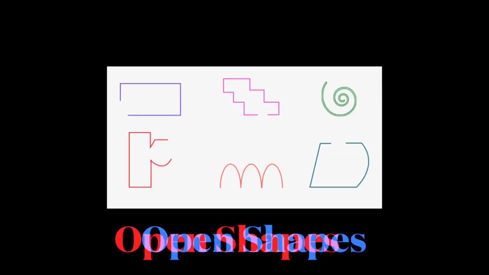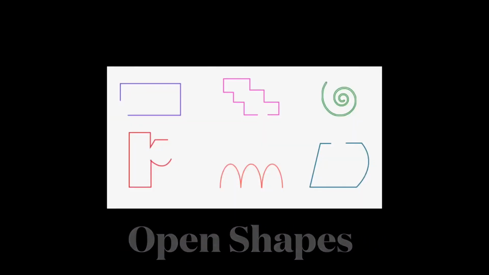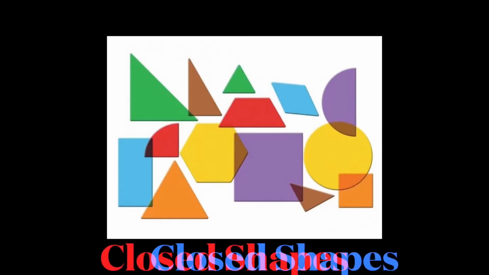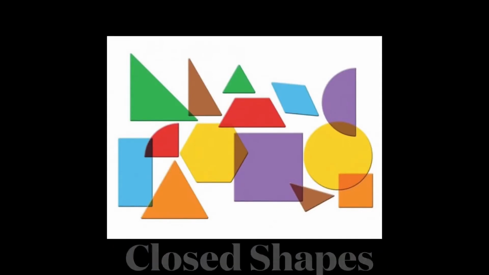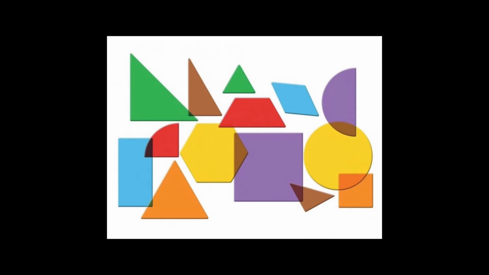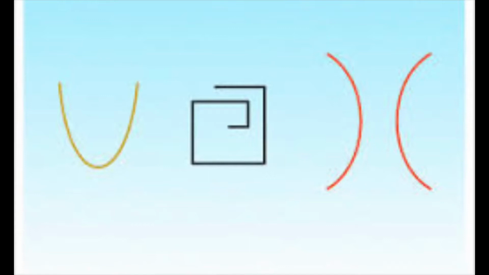So, open shapes are lines or curves that do not connect at one point. Closed shapes are where all the lines and curves connect with each other. So imagine a square, a triangle, a trapezoid, an octagon, that kind of thing. Versus an open shape is like a squiggly line that might look like a circle, maybe like a wavy circle, but doesn't quite connect.